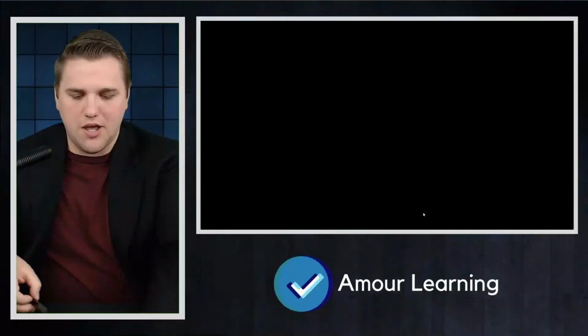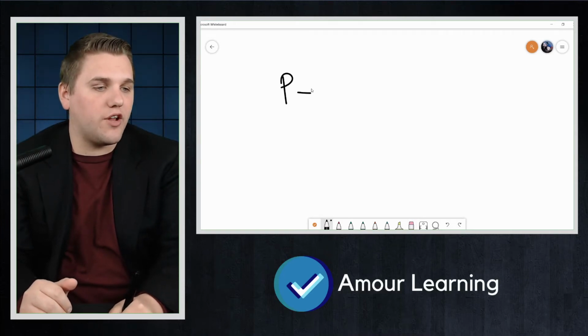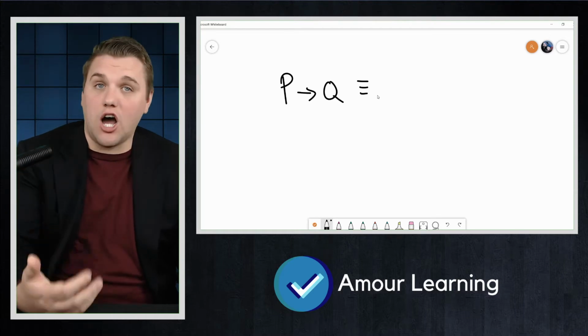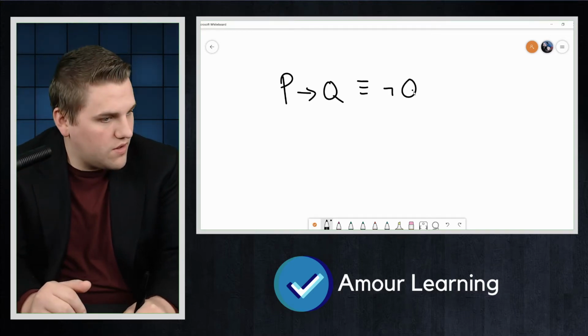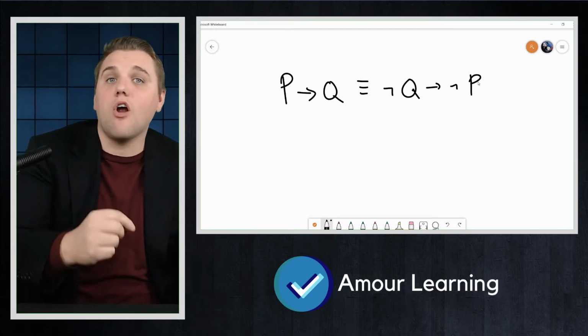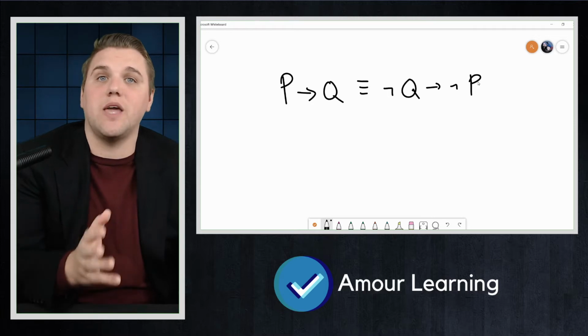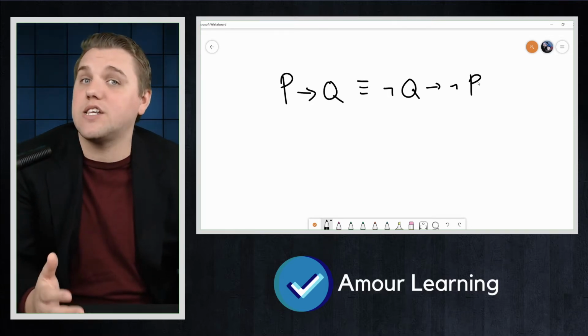Going to cover proof by contrapositive, and we're going to also do an example together. Recall that an implication P implies Q is logically equivalent to its contrapositive, which is not Q implies not P. There are plenty of examples of statements which are hard to prove directly, but whose contrapositive can